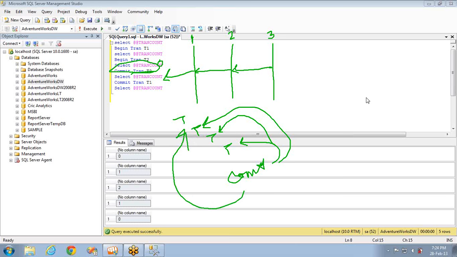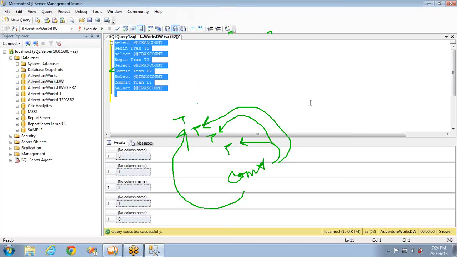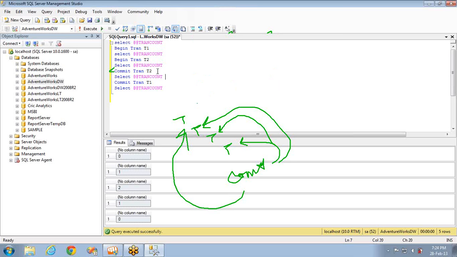Okay. Now let's see the same example using some queries. I'm going to take some queries here. If you want to see one more example, I'm opening the transaction here. After 2, I'm adding one more transaction 3, and selecting the same count, and here I'm committing transaction 3, and I'm selecting the data.